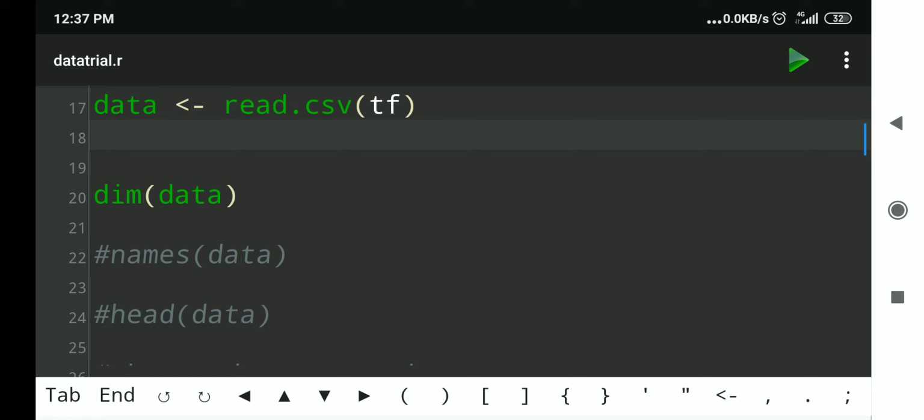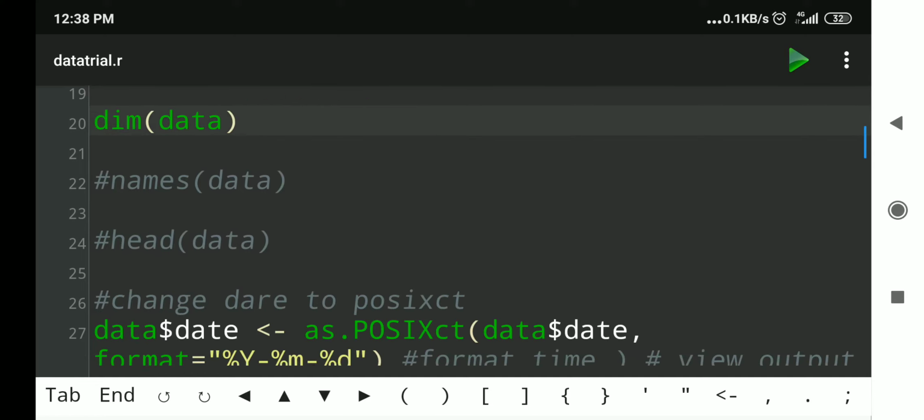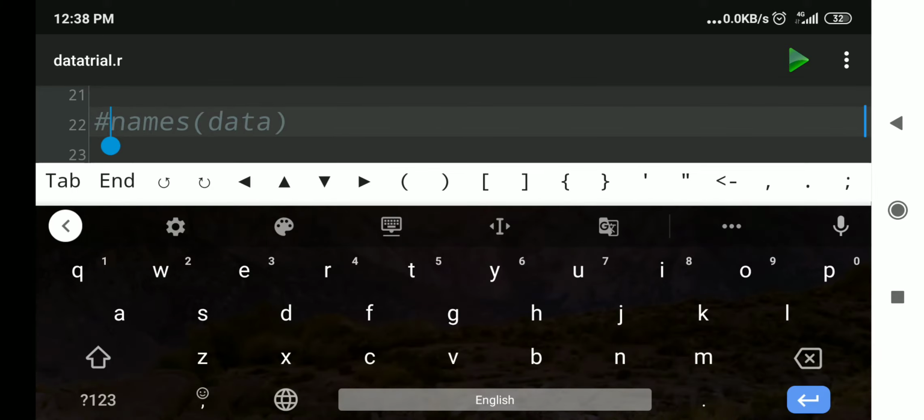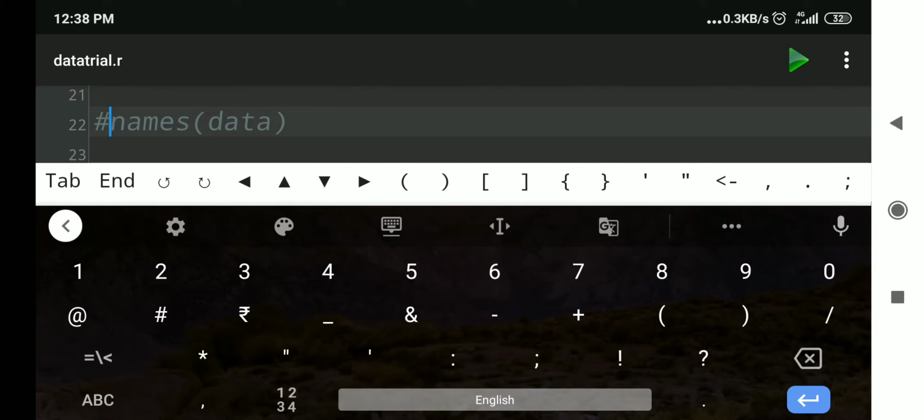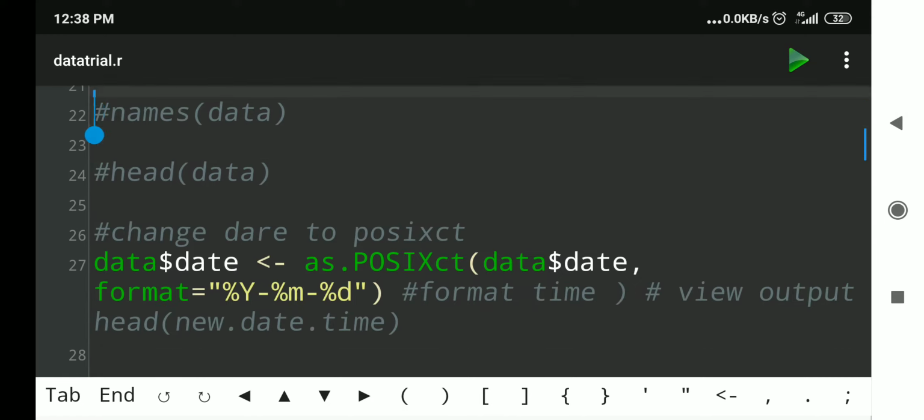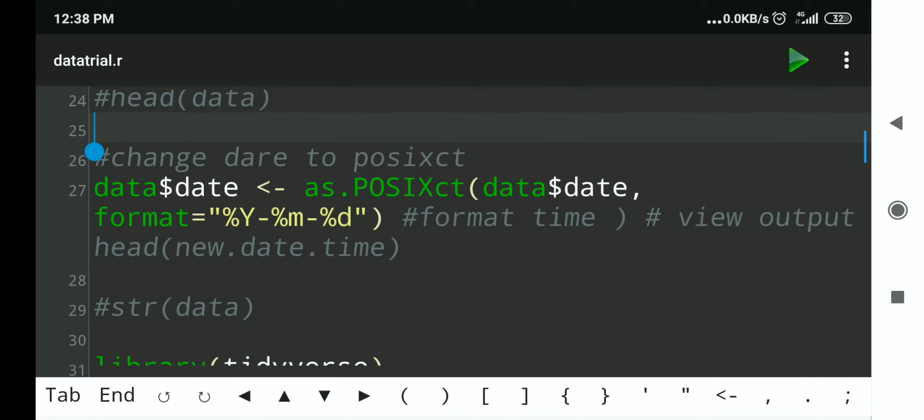Now we can run this to get dimensions of the data, then names of the data. We can go for that. Just remove that hash that makes it a comment. If you remove that, the code will be run, and we will get the result. I will make it a comment again because I don't want to run this code yet. And then head function is also there. Now